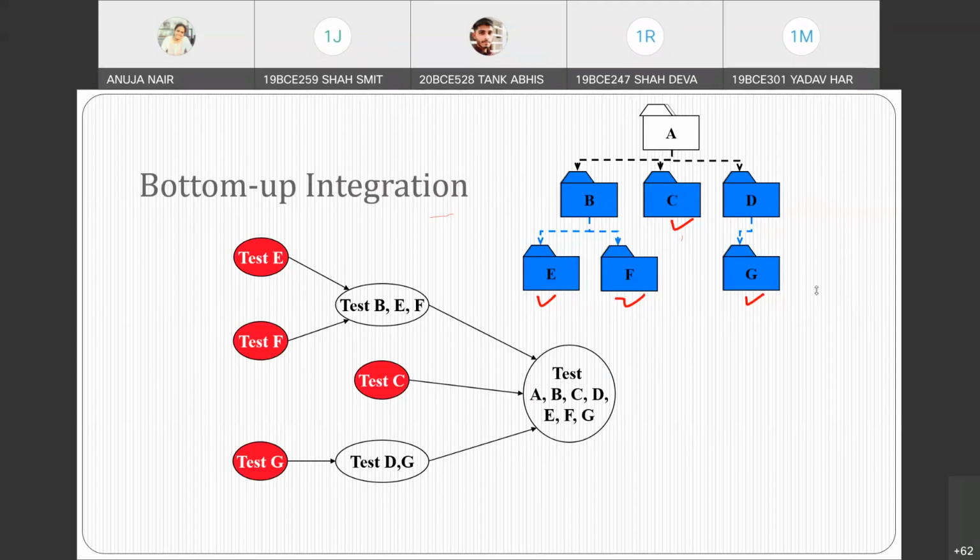Right? So, okay. So, you would be asked to do either bottom up or top down or both, depending on what the question is. But this is the way you do integration test. You do not have to generate test cases in integration test, because we already talked about how to generate test cases in unit testing. Right now we are not focused on test cases of integration testing. Right now we are focused on how integration testing is performed.